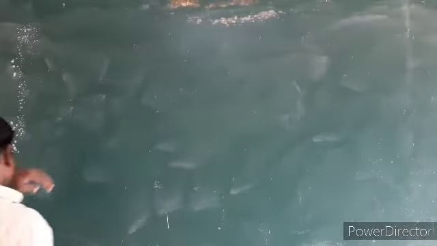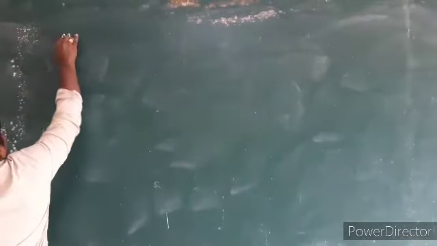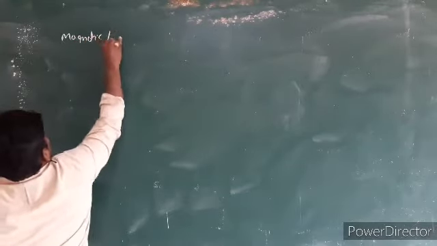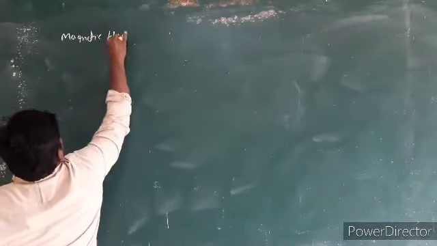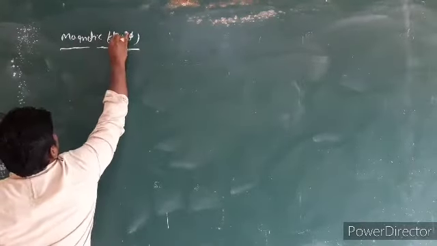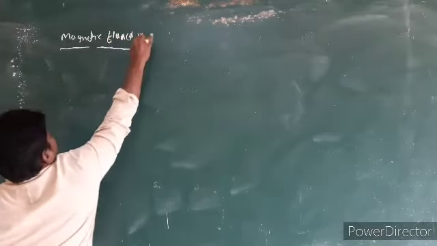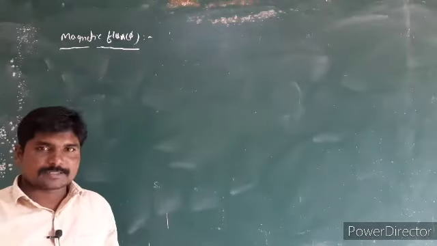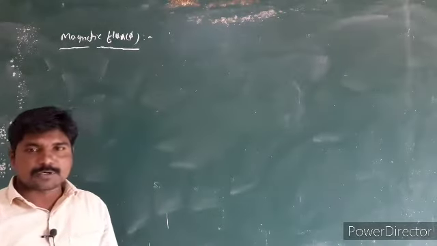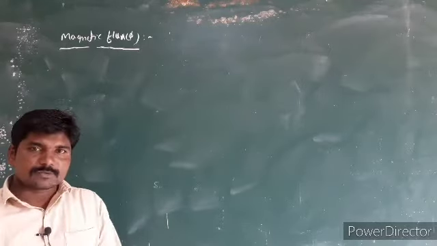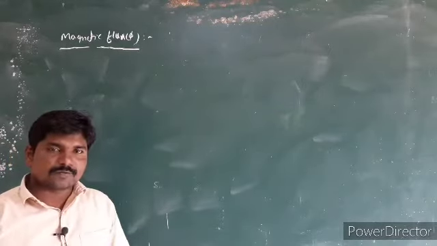Today we are going to discuss magnetic flux. The symbol for magnetic flux is phi. What is flux? We already know about this. The total number of magnetic field lines passing through a given area normal to it, or otherwise the total number of magnetic field lines passing through the given area, is called magnetic flux through that area.